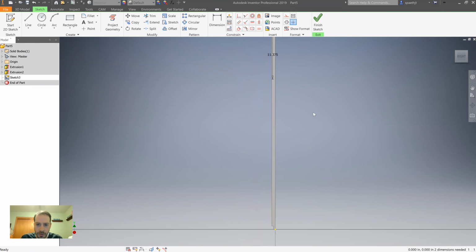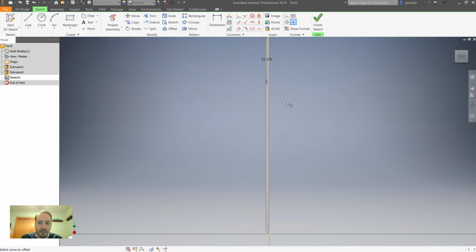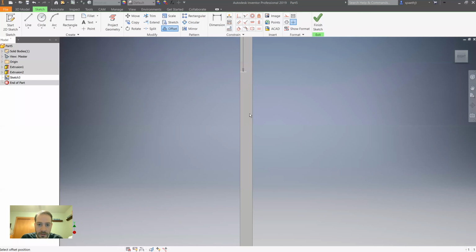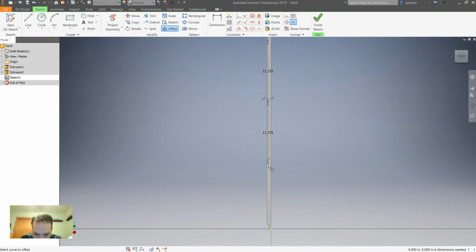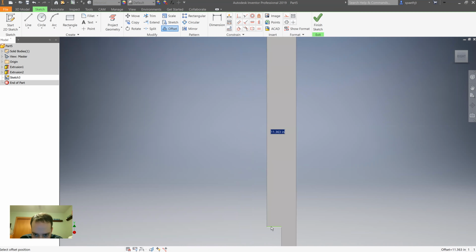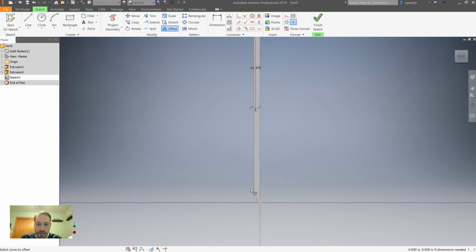Okay, I want to do the same thing a couple more times. So offset 11 3/8, offset 11 3/8, and that should be it. The next one down should be, if I pick it, 11 3/8. Okay, so just to put a dimension there, so you all can see that that's exactly what that